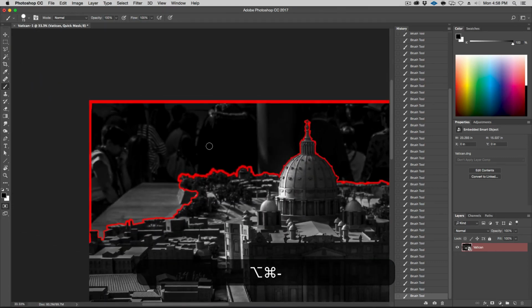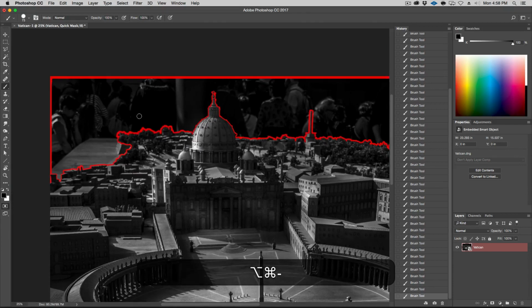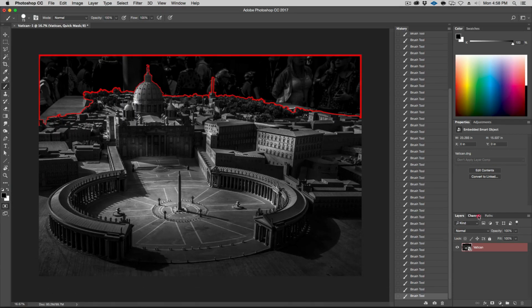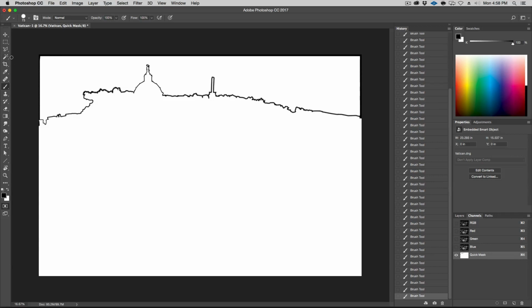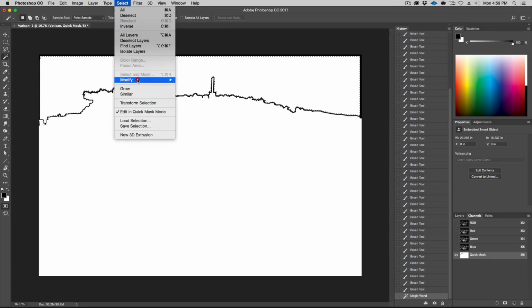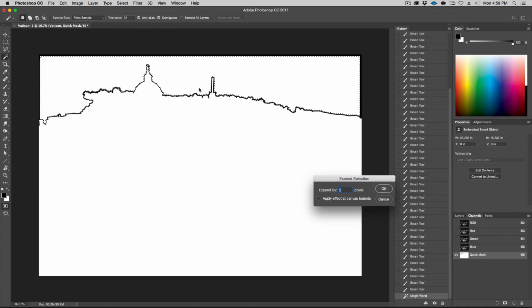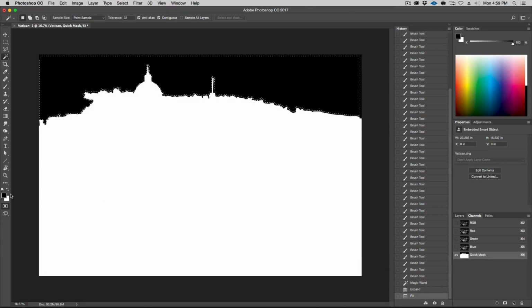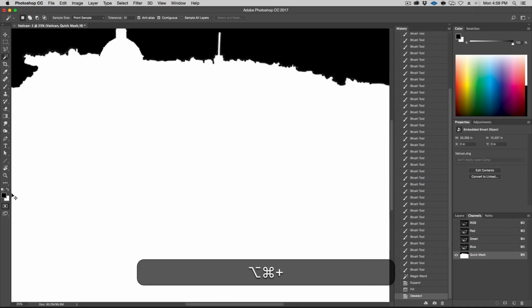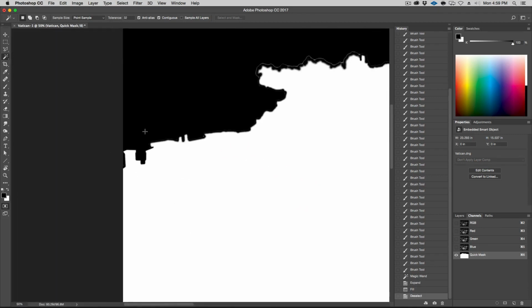All right, once you've done selecting everything like this, zoom out a little bit and then go to channels, just hide the RGB, go to the magic wand and click inside it. It'll select it. And our brush was on average about 15 or 10. So let's just do select, modify, expand. Let's do 5, that should be good. And then fill. Alt literally fills with foreground color. Okay, deselect that.